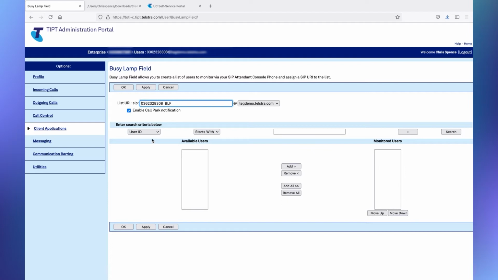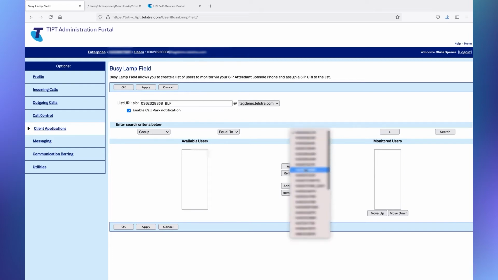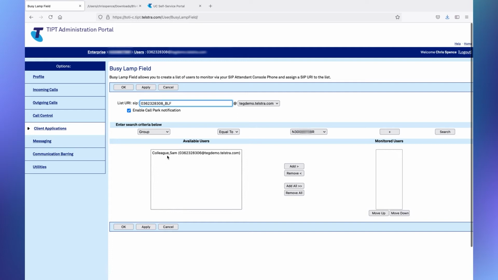So what we need to do first is identify the potential pool of user IDs that we would like to add. Now, the important thing to remember is if you click on search here and you have a large enterprise, there is a possibility it would return more user IDs than there is capacity to display them. And so it will reject that request and tell you to narrow the search. So what we're going to do here is, rather than selecting on user ID, we're going to choose the group. And we're going to choose our own group in this particular case. I know the identity of our group, which is that. And we'll do a search and it should come back with Sam Colleague.